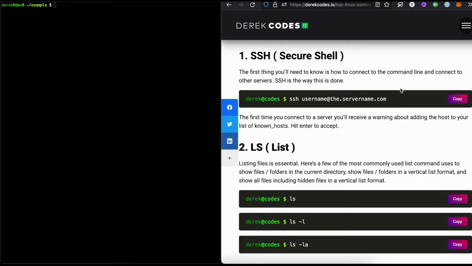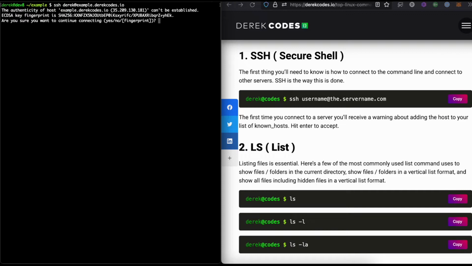But the first thing we want to do, using Terminal on your Mac or PuTTY on your Windows machine, is actually connect securely to the server that you're working with. So that's going to be SSH, and SSH stands for Secure Shell. So you can type ssh space, and I always put my username first. That way I don't have to put it in later, because it's going to prompt you because it doesn't know who you are. So I'm going to put in derek at